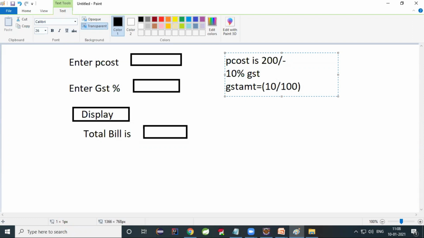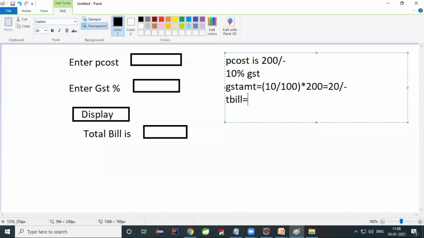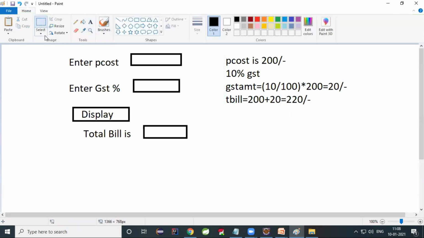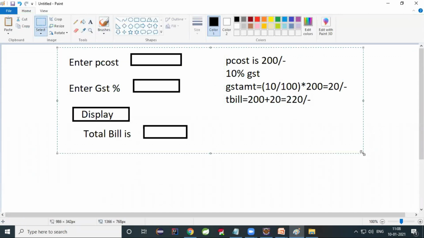Into how much? Product cost is 200. So 0.1 into 200 means 20. 20 rupees is the GST amount. Total bill is 200 plus 20, 220 rupees. I want the output like that.